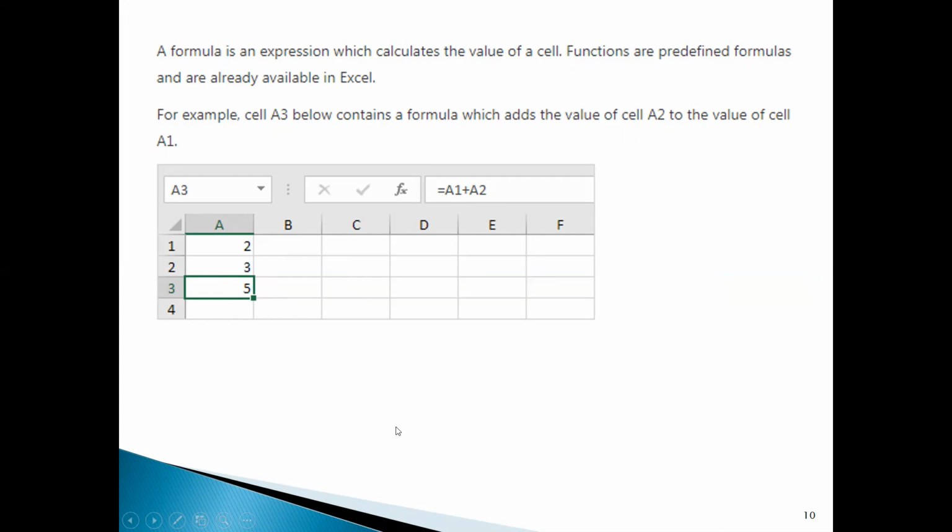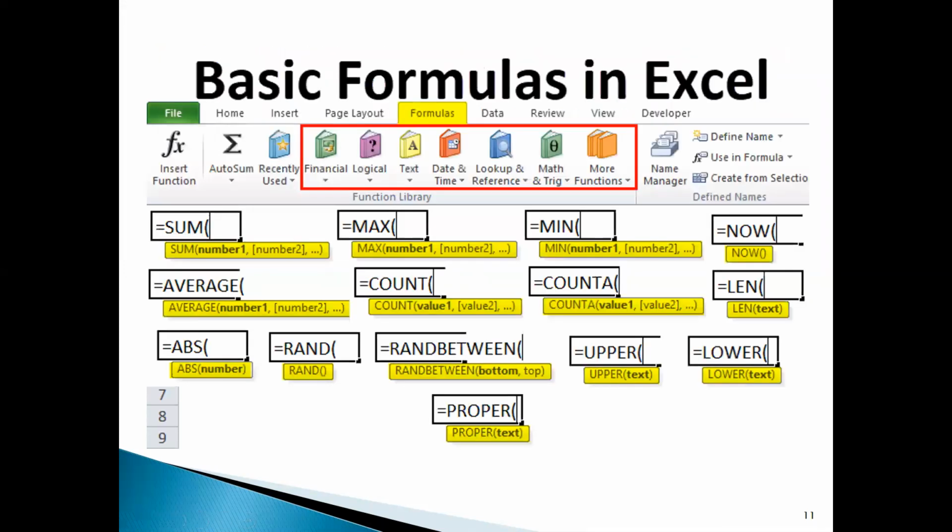This is a normal formula. So the first, normal formulas, are called basic formulas in Excel. Now over here, these are the formulas which we have studied last year in detail. Here I have taken the screenshot of Windows 10. Now if you're using a different version of Excel, this will be different. If you're using 10, if you're using 2007 or 2003, then the menu part will be different.